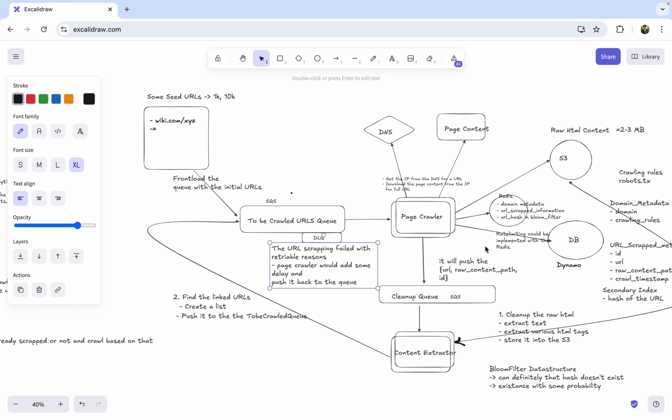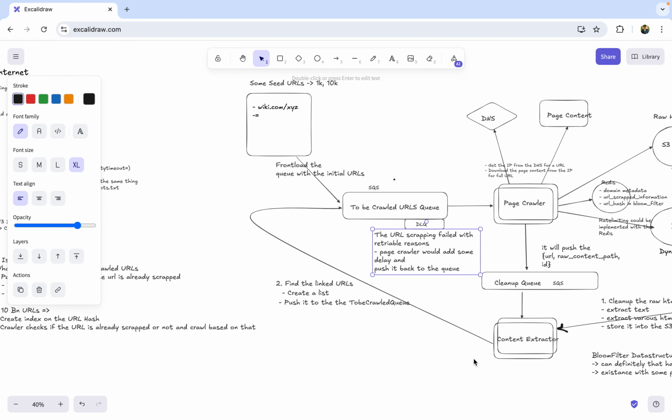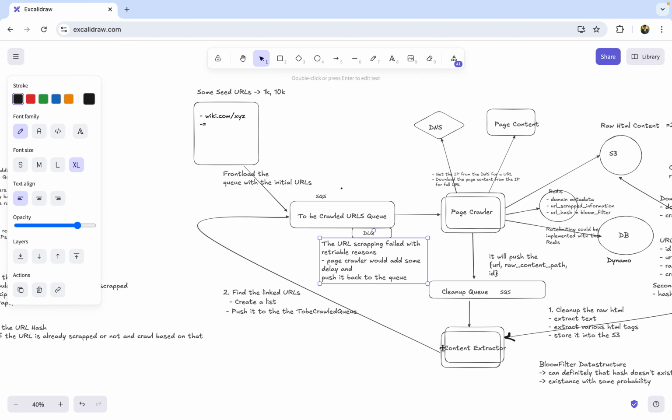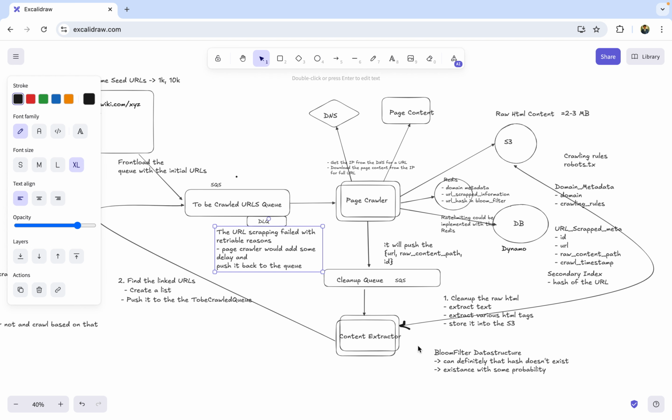The other thing was, because there are 10 billion URLs and the content extractor is extracting links from pages, it may be possible that there are dependencies. It is possible that some of the URLs are already scraped, but they are coming back again in this queue. So there could be two approaches here. One, the content extractor itself could make use of this data, and if something is already scraped, push only the unique ones. But as there could be a lot, so I am adding